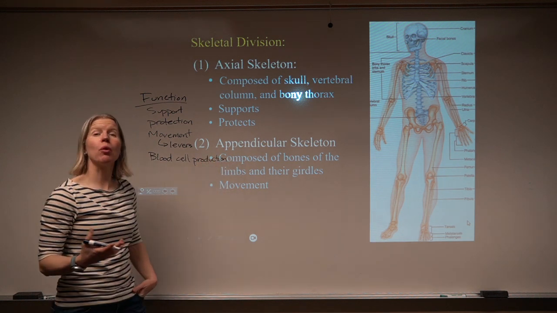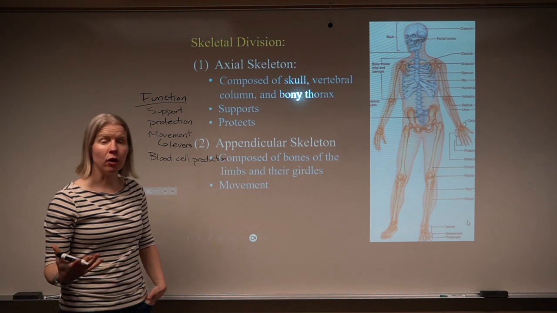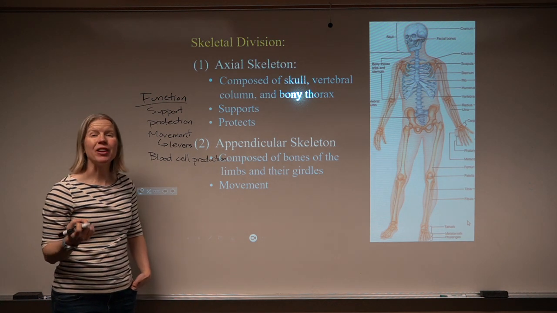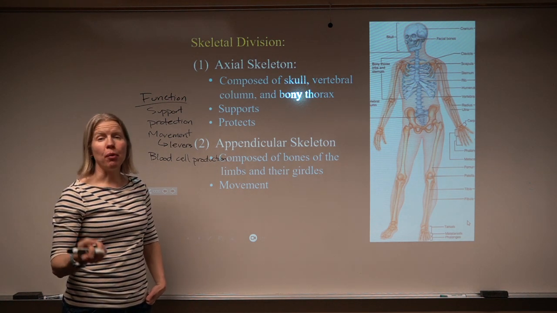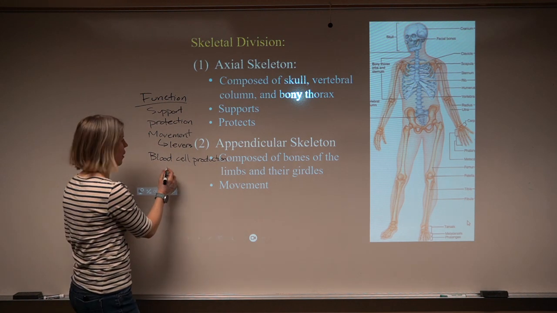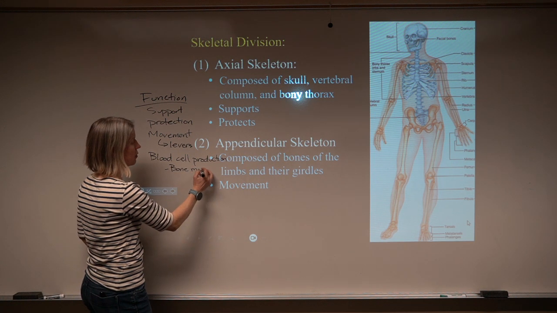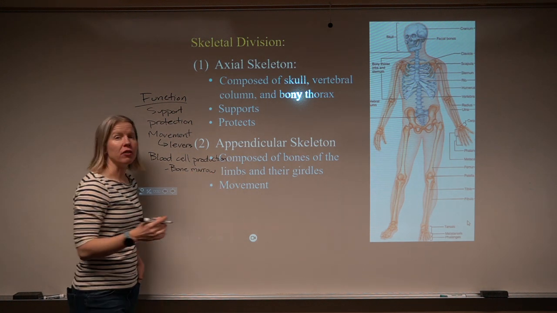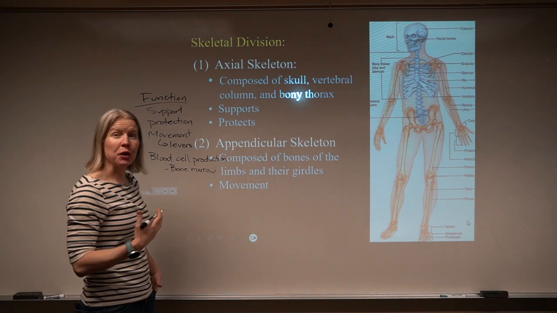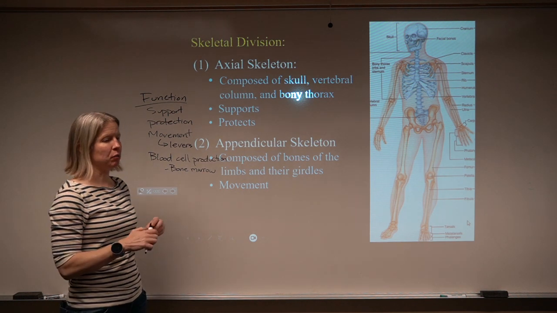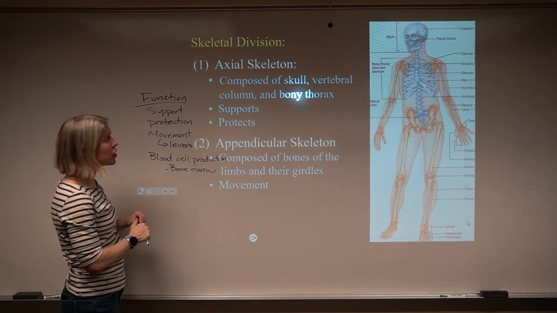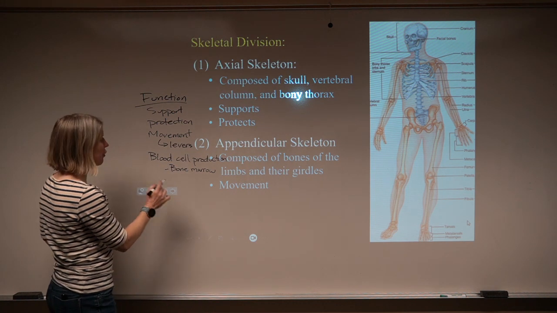Blood cell production. Both red blood cells and white blood cells are actually produced in red bone marrow. You've probably heard of bone marrow before, kind of at the center of these bones. And so this is a really important function, the site of blood cell production. Another function